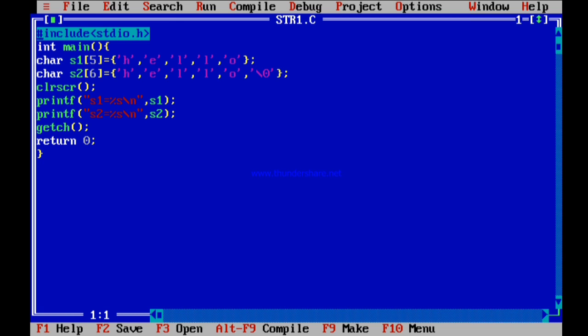So this is program 1, that is string1.c. In this program you can clearly see that there are two strings, s1 and s2. String 1 has size 5 and string 2 has size 6. For string 1 I have assigned individual characters, that is HELLO, but you can see that I didn't assign \0 as the last character in the first string. For the second string I have assigned \0 as the last character, and I am trying to print string 1 and string 2. You can see the output, what happens if I didn't initialize \0 as an individual character for a character type array. Okay, so I am executing this program.